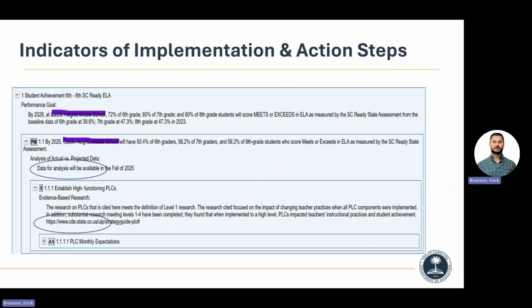Here's part of the situation: you're not doing this well if you only look at SC Ready, or if you only look at report card data. I mean, that's just too late in the process. It's better than nothing, but there should be data along the way that you're looking at and putting into the process so that you're interpreting it and understanding.